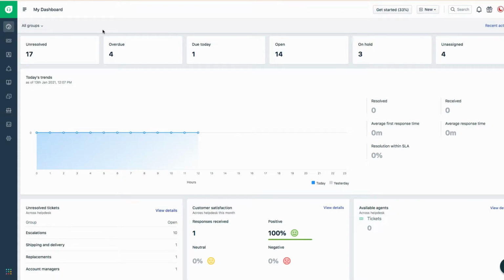After adding a support email address to your account, you would have to activate it to receive tickets in Freshdesk from that email address. Let's take a quick look at how to activate your support email address. Go to Admin tab,